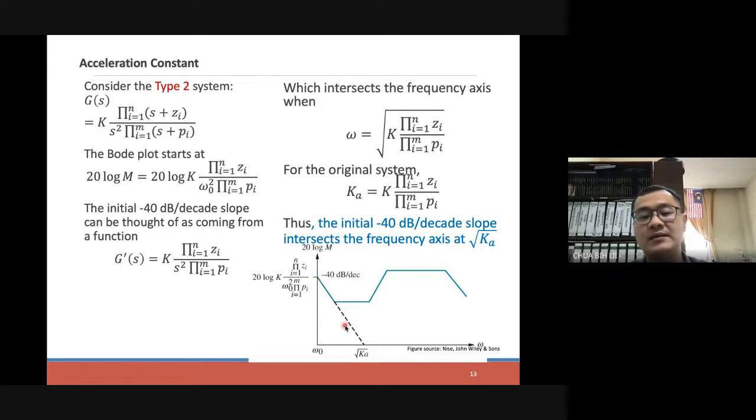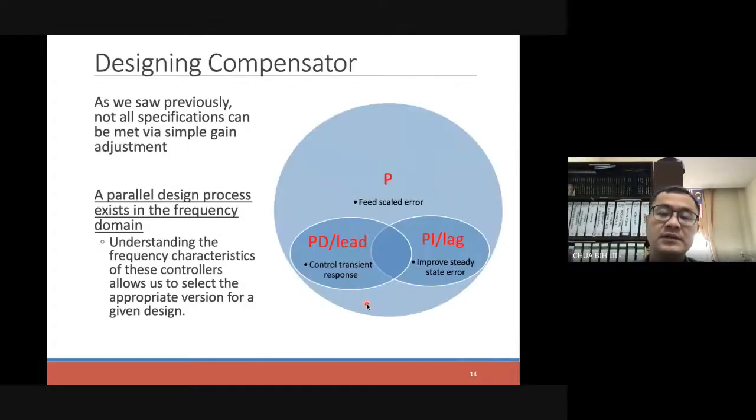Okay, and the relationship with the Ka is the square root of Ka. Okay, square root of Ka over here. This a should be this type of a. All right, so the intercept is the square root of Ka. Okay, so you'll be able to find out what is the Ka from the Bode plot. All right, so once we see the relationship of the gain and also a little bit of information